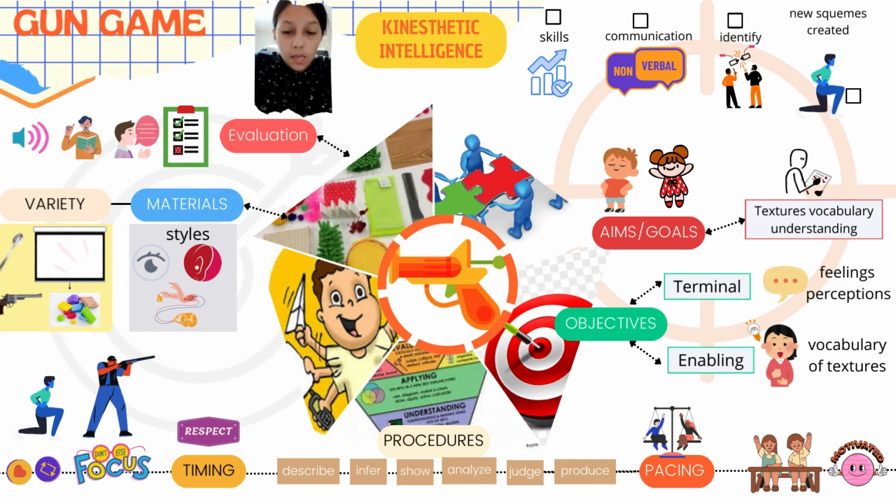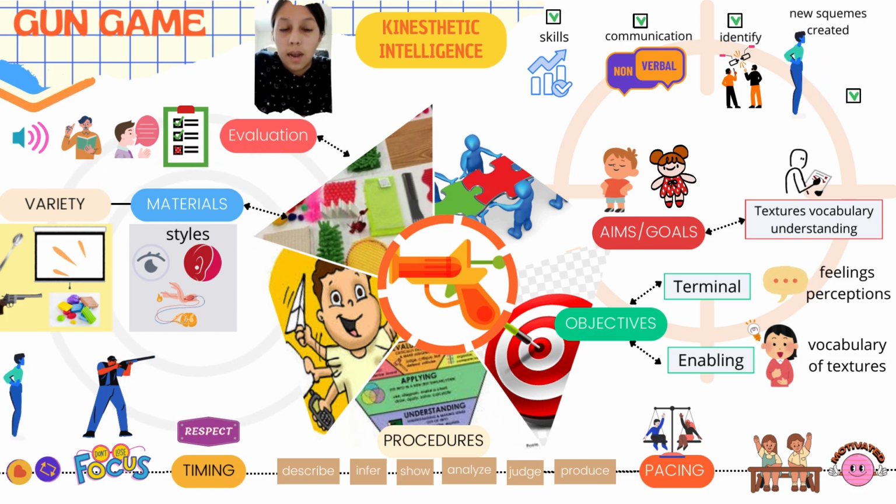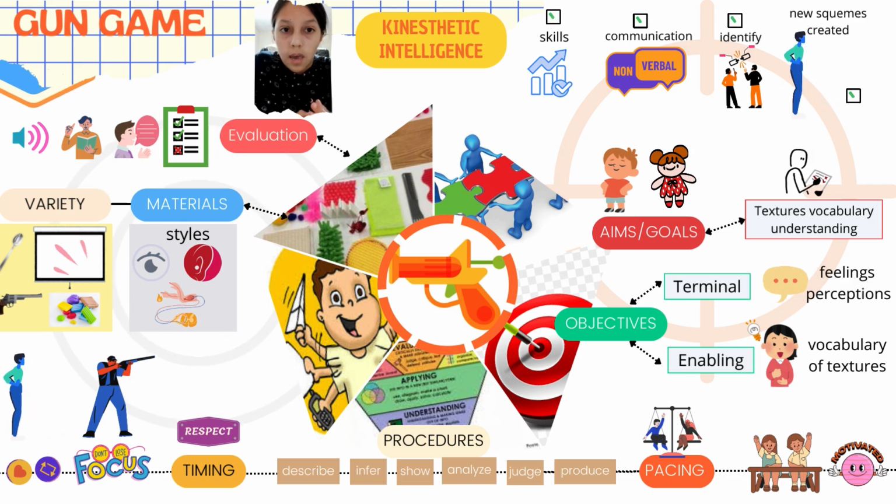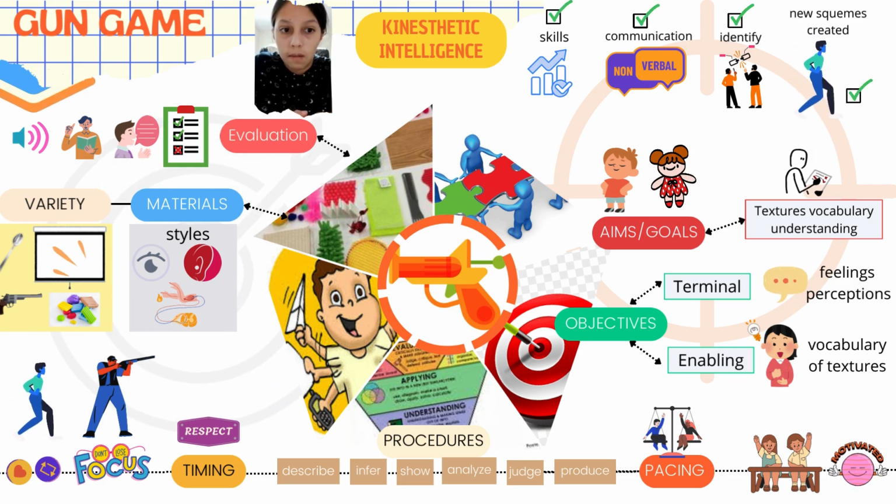In the materials part, we have that the teacher regarded most of the learning styles like auditory, visual, and kinesthetic, the most important. And so he used a wide variety of materials like a plastic gun to get points, a spoon, and some clays for students to understand the textures, and visual presentations to aid students to understand the material. In the evaluation part, the teacher